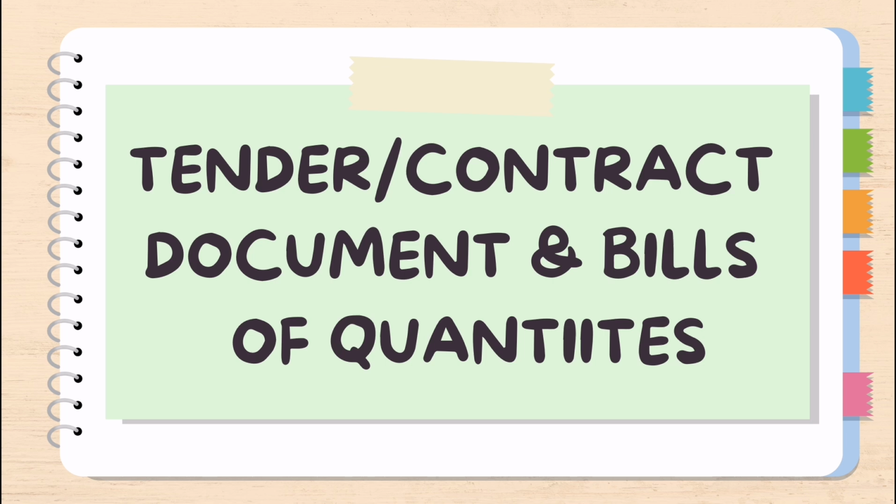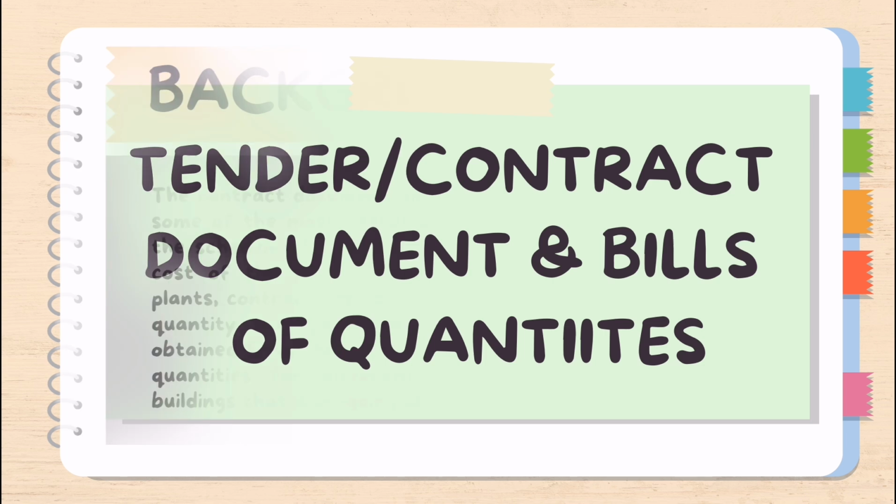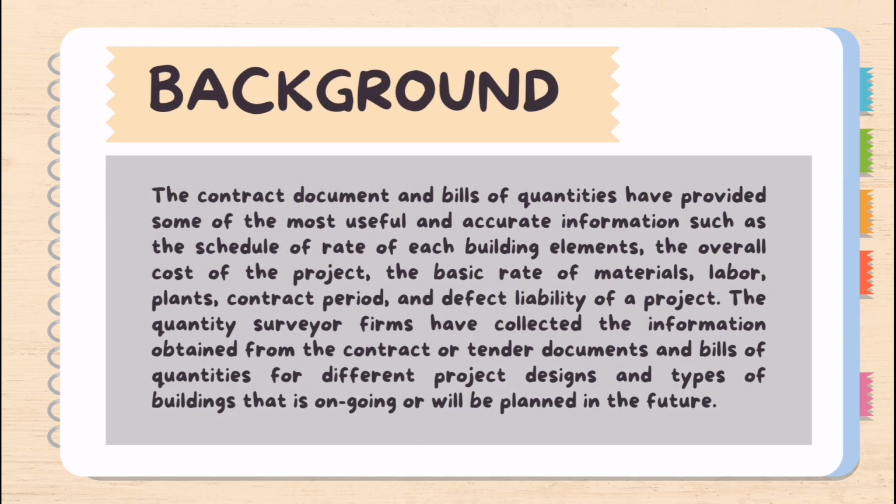The last is the example of the real construction industry: SESM 4 Revised and the Standard Method of Measurement for Building Work 2nd Edition, SMM2. It is undoubted that the tender or contract document and bills of quantities are the main sources of information used by quantity surveyors. The quantity surveying firms have many of these data for different designs or types of buildings. Next, the background, advantages, disadvantages, and example in the real construction industry for tender or contract documents and bills of quantities will be